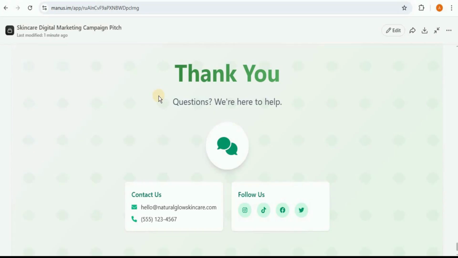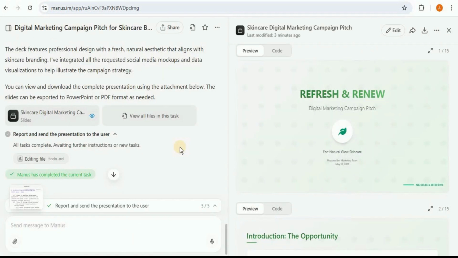So anyone who is working on a digital marketing campaign for any skincare brand can actually use these slides in order to pitch their campaign. So you can see that you were able to generate slides for different types of use cases just by providing a simple prompt to Managed Slides. So now you don't need to spend a lot of time creating slide decks for your presentations and reduce your productivity. You simply have to provide a simple prompt to Managed Slides, including all the details that need to be added in the slide, and it is going to generate amazing slides for you.